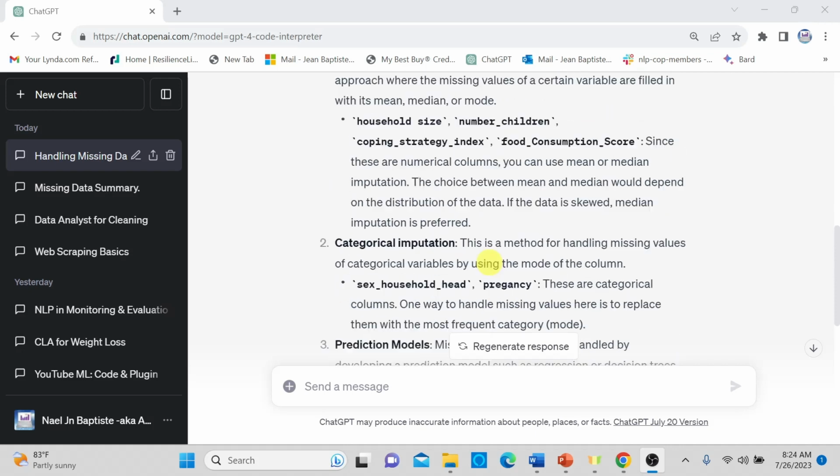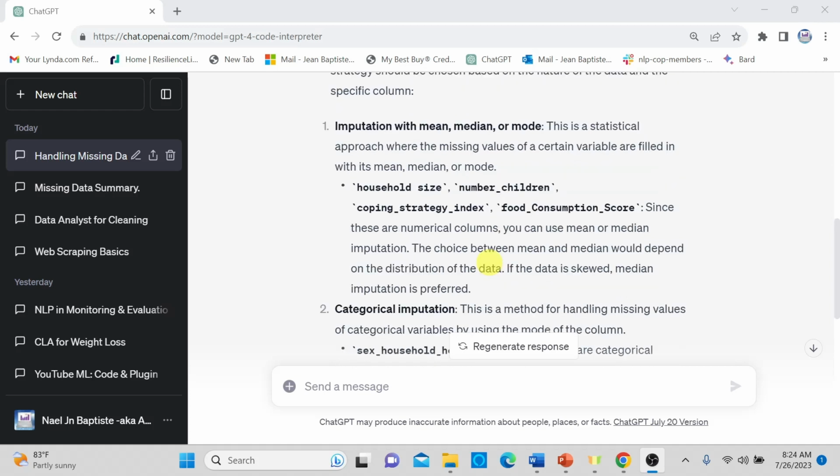And now this is where you, as a data analyst, come in with your judgment. It is you who has to decide which method is best for your data set. So you need to use your knowledge, your judgment. In that case, I will ask